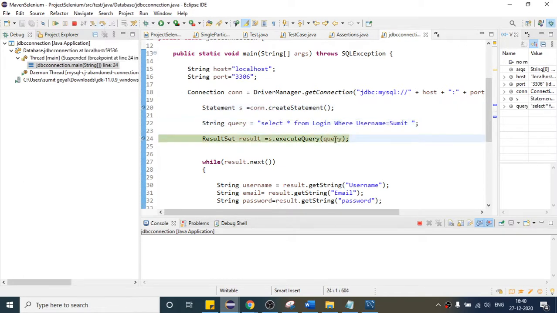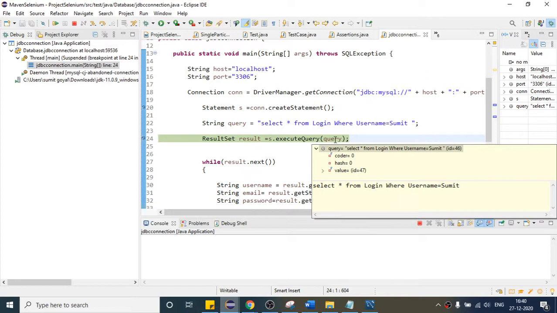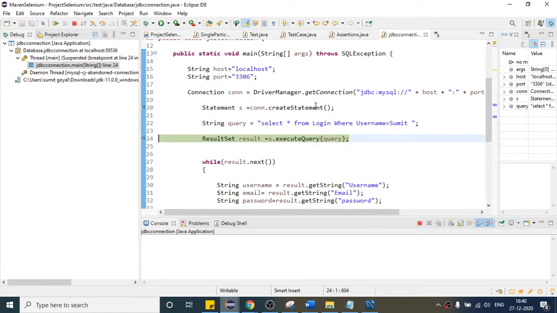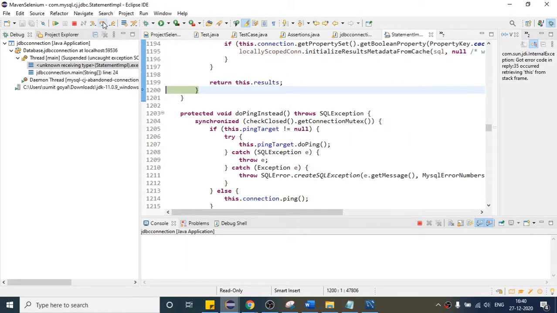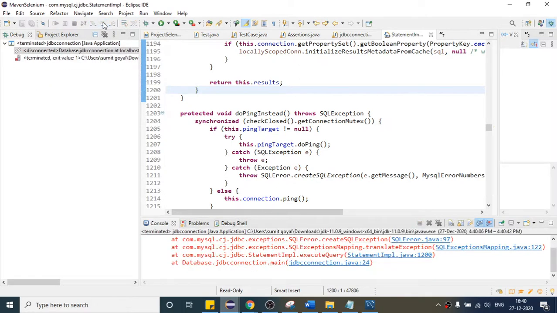If you see this, it is coming like this, right? So if I try to execute this, it will fail. I think it will fail. So it has come to some other point, and it will throw the exception, right?